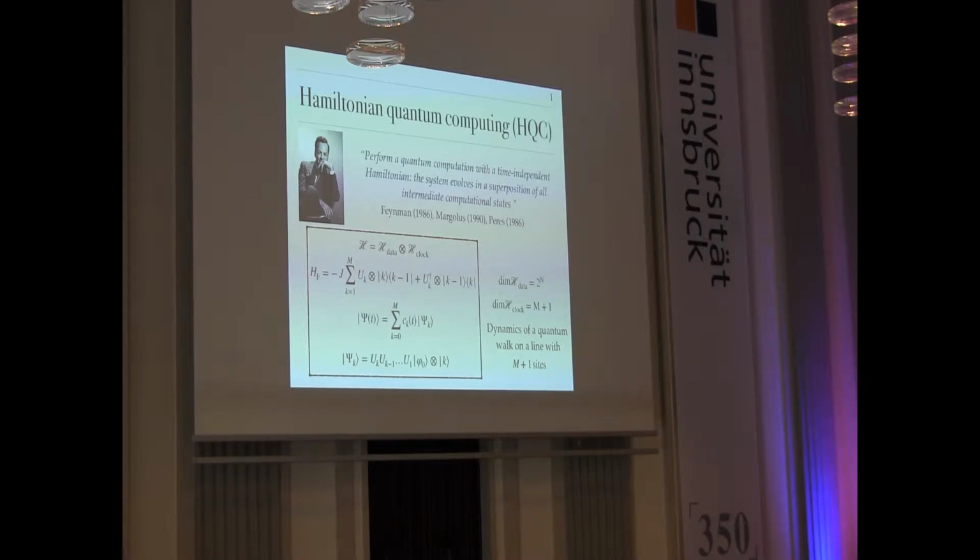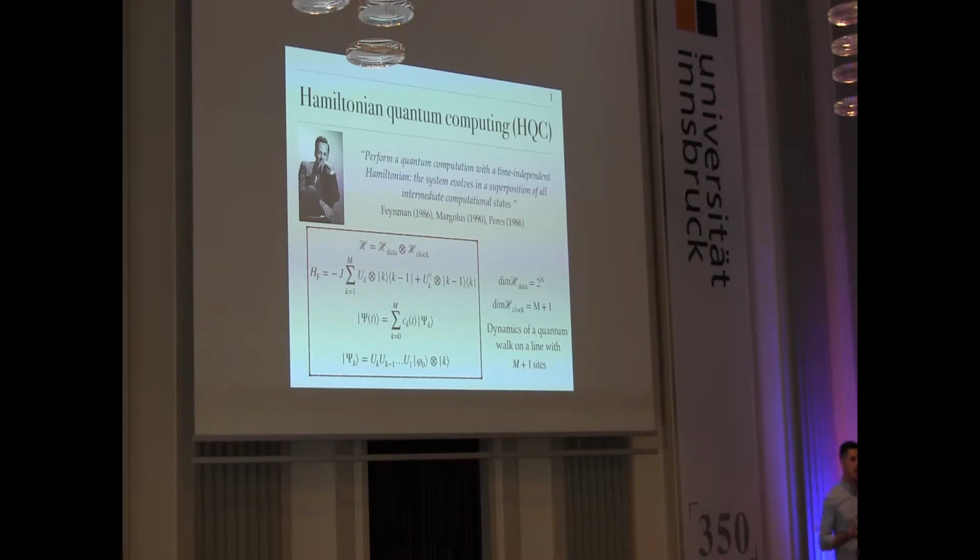And the idea is actually a very old one, and it goes back to one of the early papers of quantum information by Feynman. So this is 1986. And actually, more or less the same model is discussed also in this work by Parrish in the same year. And so Feynman, at the beginning, when he was thinking about quantum computation, wasn't thinking about, let's say, neither the adiabatic model of quantum computation, nor the, let's say, circuit model of quantum computation, where so in the standard model of quantum computation, the idea is that we implement the gates